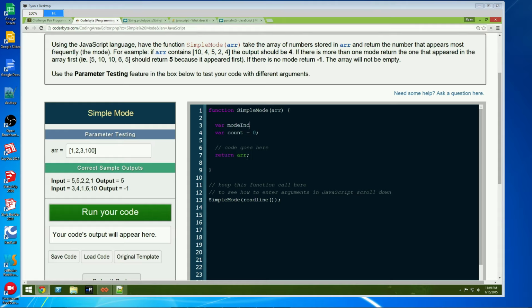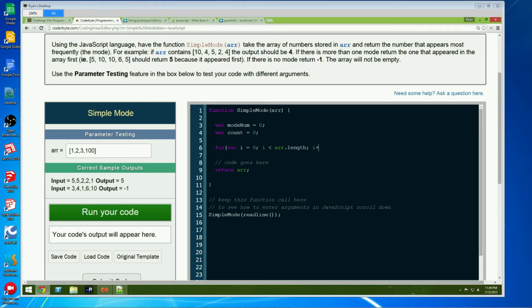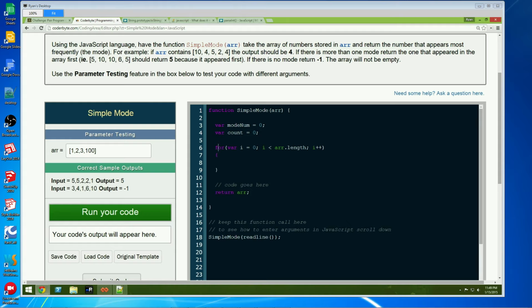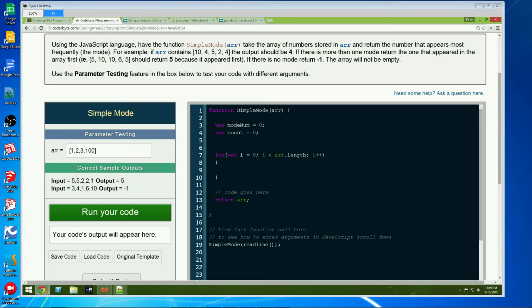You can just actually put the number in there. And actually, before we even get down here,